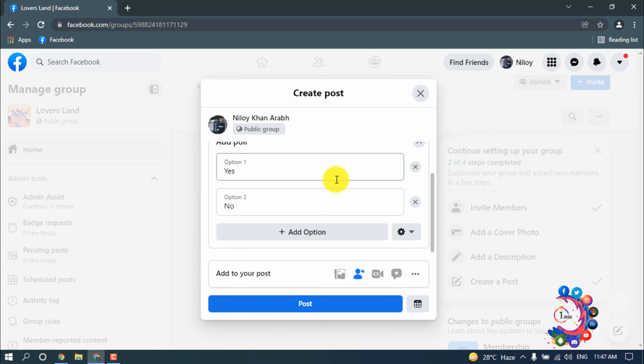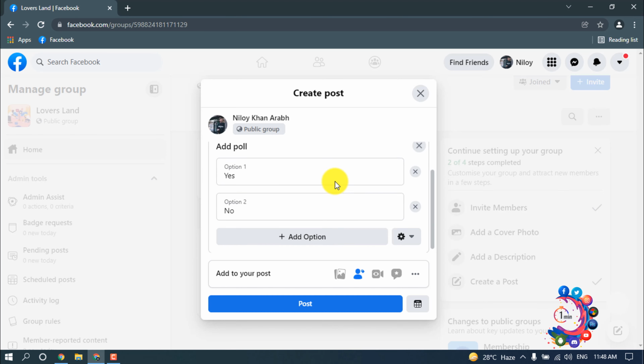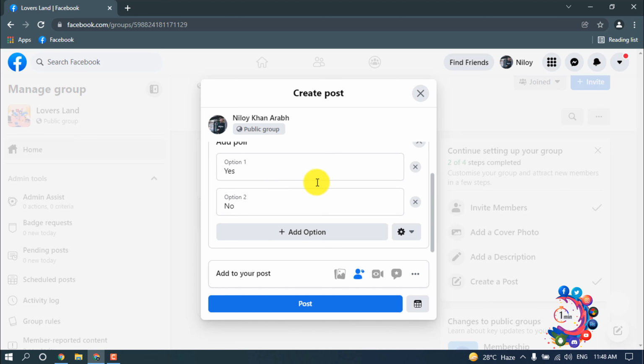And if you want to add more options, then you can add more options by clicking here. So right now I'm gonna put in these two options here. Now I'm clicking on post,